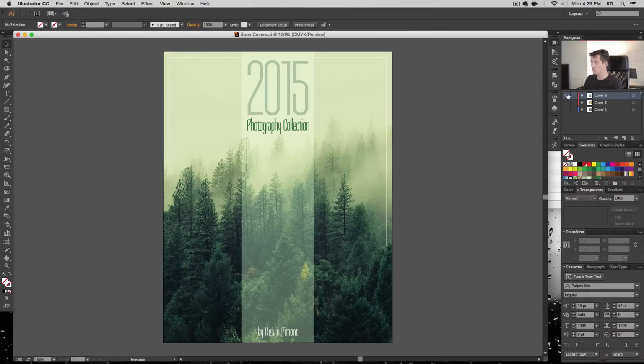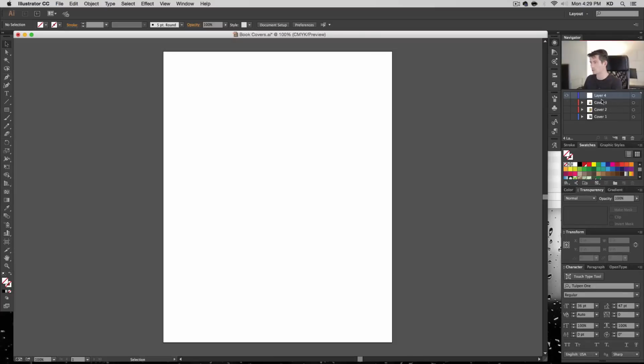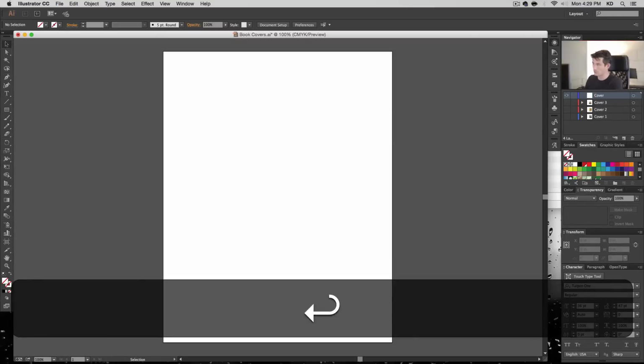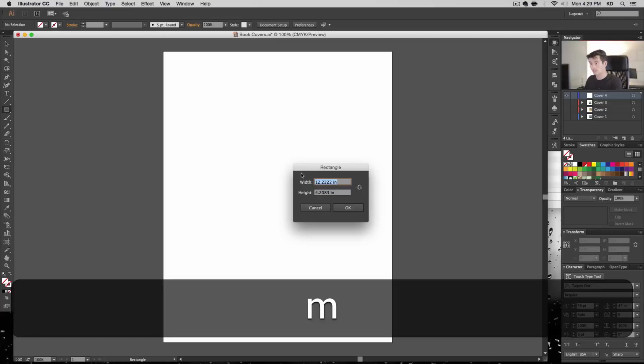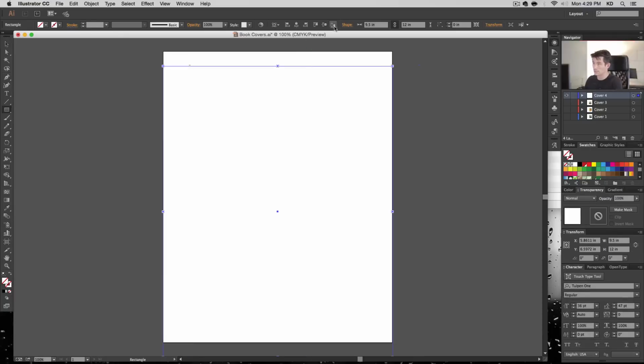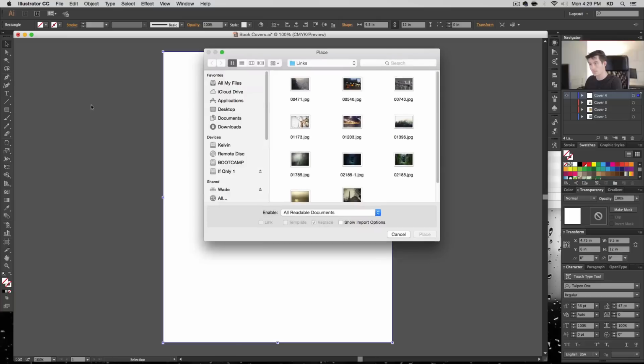All right, book 4. Once again, actually, I'm just going to start over. It's pretty much just as fast. So, cover 4. It's good. Whoops. Cover space 4. It's good exercise. The document 9.5 by 12. Let's center that, and let's place